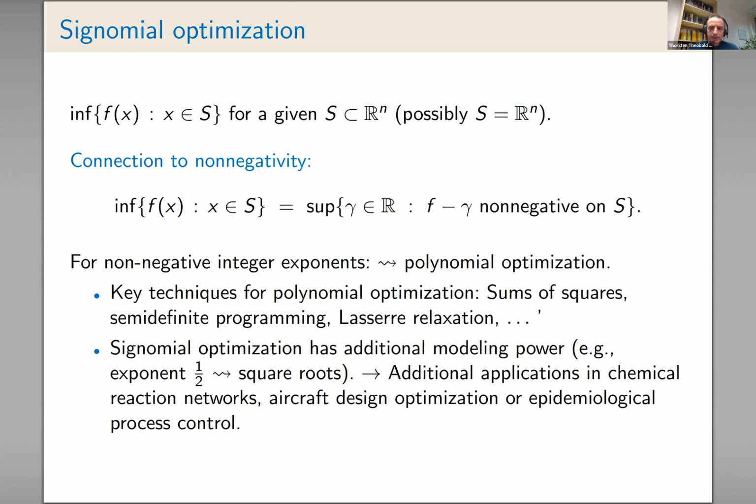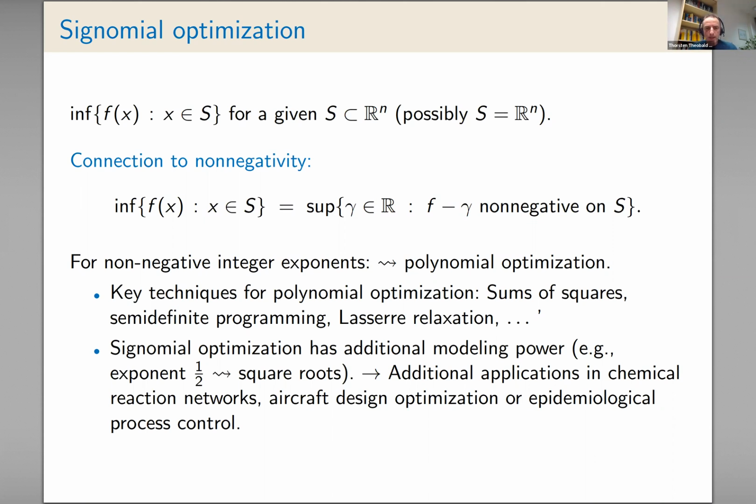And therefore, we are very interested in so-called non-negativity certificates, say for classes of signomials for which one can easily certify the non-negativity. In the polynomial world, many things are meanwhile standard and well known. There's the standard technique of sums of squares. This is very closely related to semidefinite programming, and then in the constrained world, this goes under the term of Lasserre relaxation. And this is the standard strategy in the polynomial world to work with relaxations to tackle polynomial